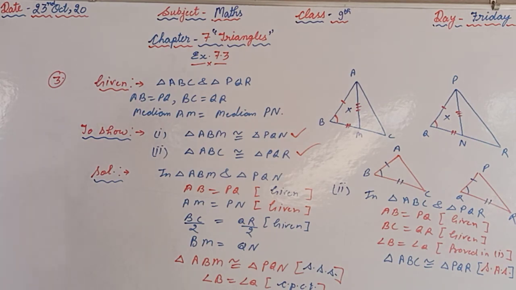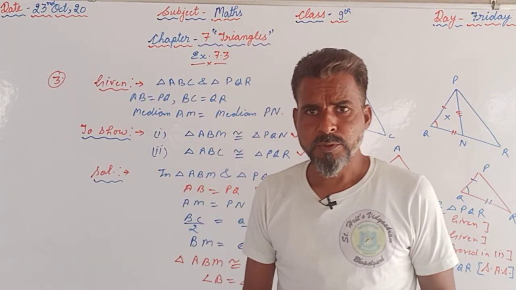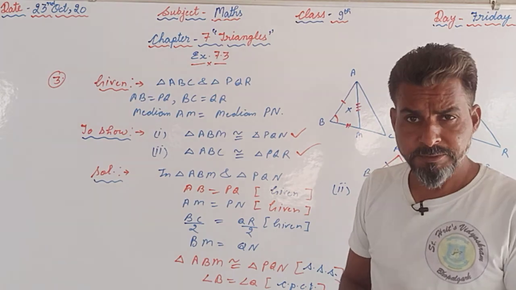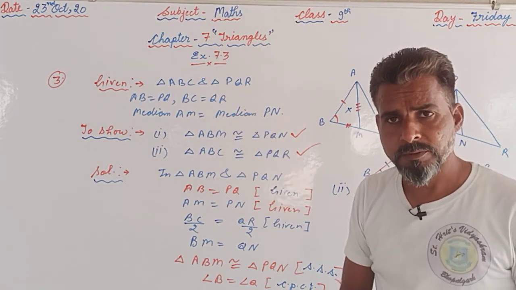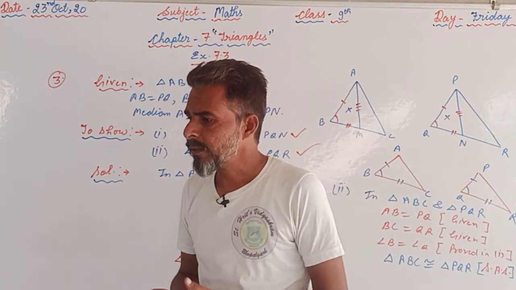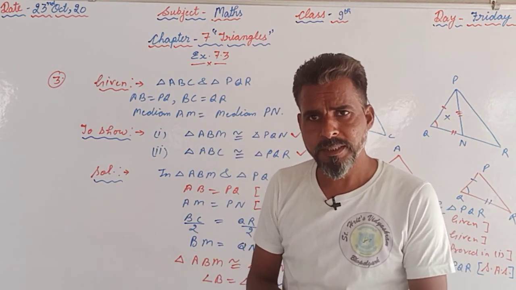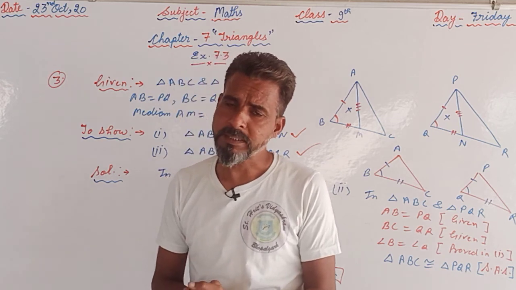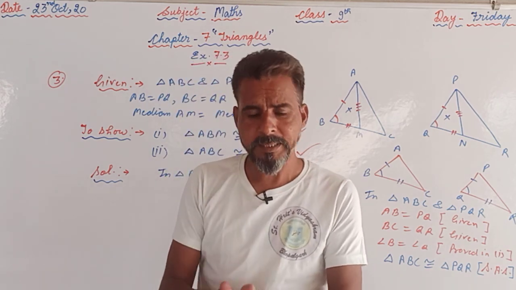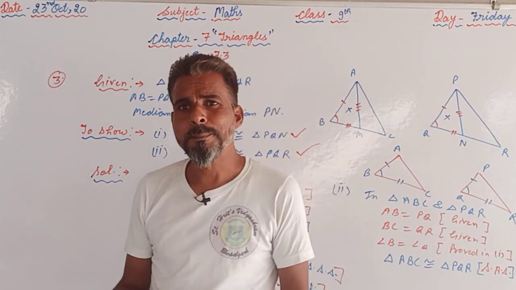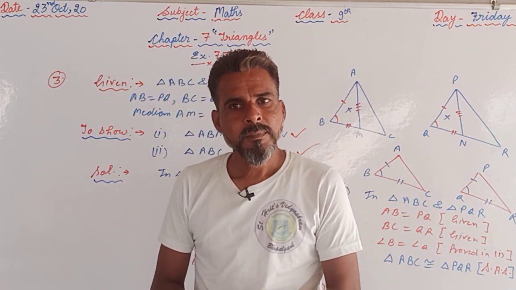So like this we are supposed to proceed with the questions. First of all, you are supposed to repeat the questions which we have discussed, that is question number 2 and question number 3, and afterwards you can try question number 4 and question number 5. After completing the work, you are supposed to take a picture of it and upload it on the school's WhatsApp number, so that we can maintain the record of the students who are completing their work on a regular basis.